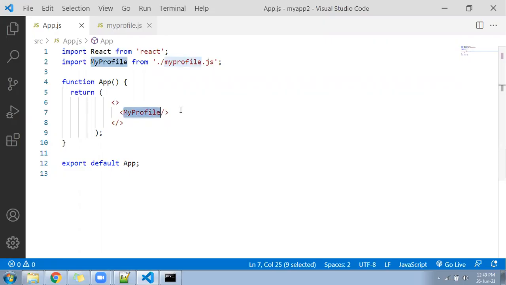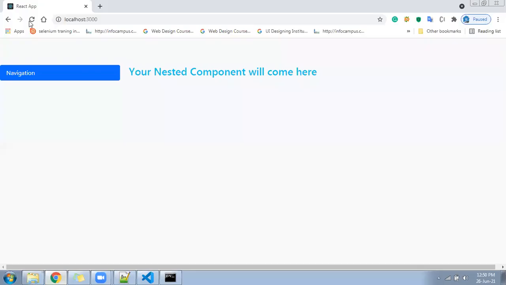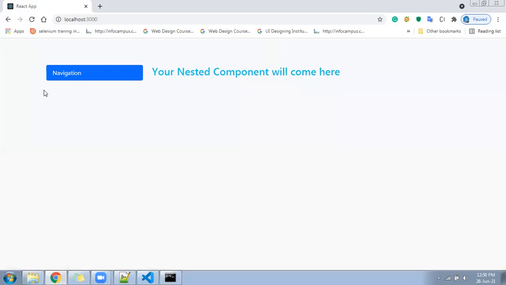Here, I have followed the wrong class for the component. It should be container. Class name I follow as container. Now let me have a look again. It will get compiled. See, container now it is coming, leaving the space from left and right. This is my left and this is my right side.